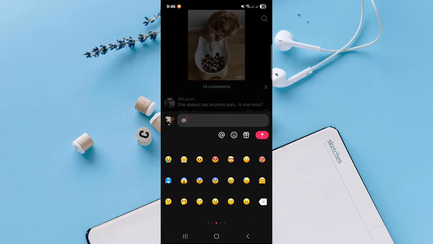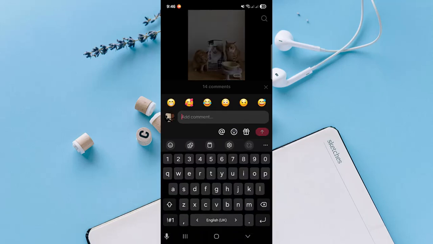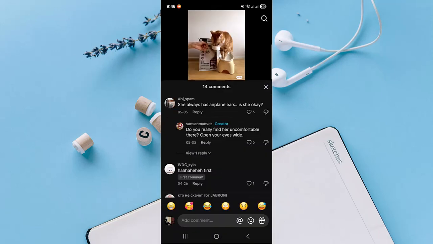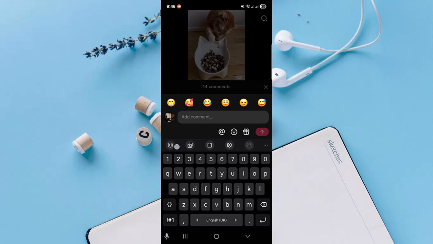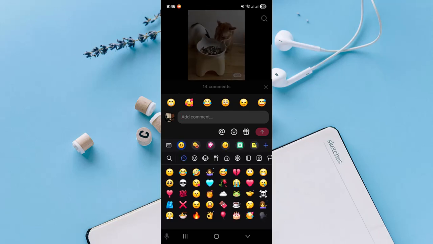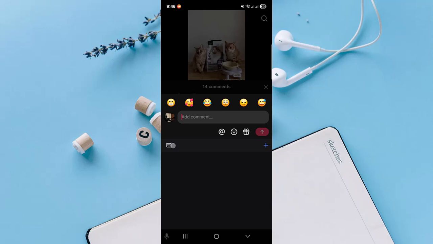mentioning option, but there is no option to just add any GIF. So how can we do that? Let's see if we can try with our phone's GIF option. So